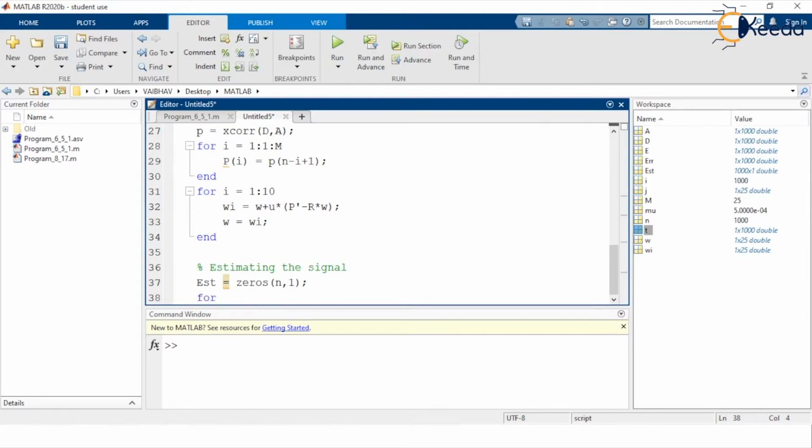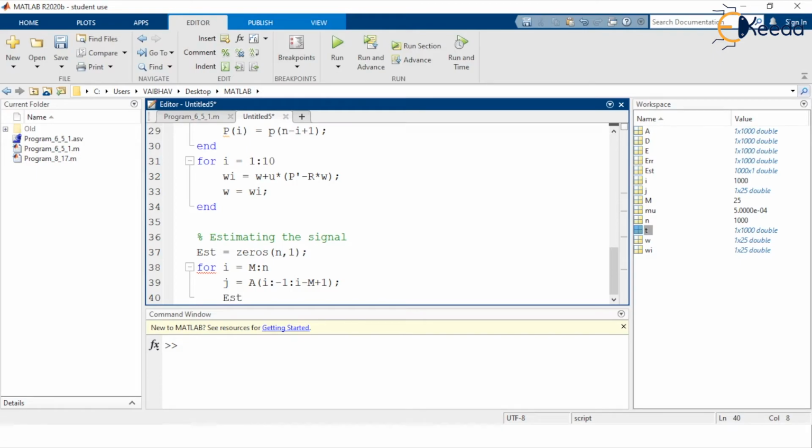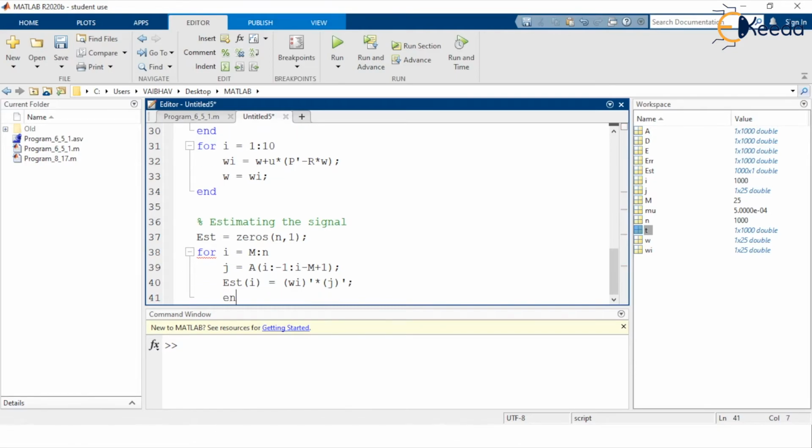Next to that, the use of for loop for I is equal to capital M to small n, where we define j is equal to capital A of, we start at I with the step size of -1 in the reverse direction up to I minus capital M added by 1 here, ending with the help of semicolon, and here we have the estimation signal computed as EST of I. So with the help of the update weights W of I here in complex conjugate fashion, further multiplied by complex conjugate of J here, ending with the help of semicolon here and coming out of the for loop here.